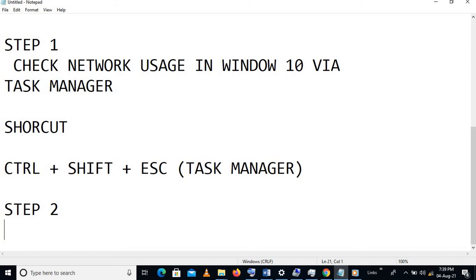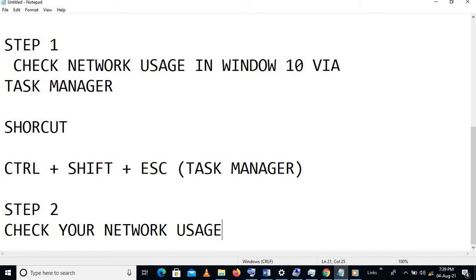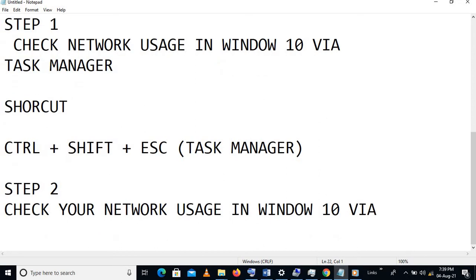So check network usage. You can check your network usage in Windows 10 using your network settings. So how are we going to go about that? For you to check your network usage using your network settings, the first thing you need to do is that